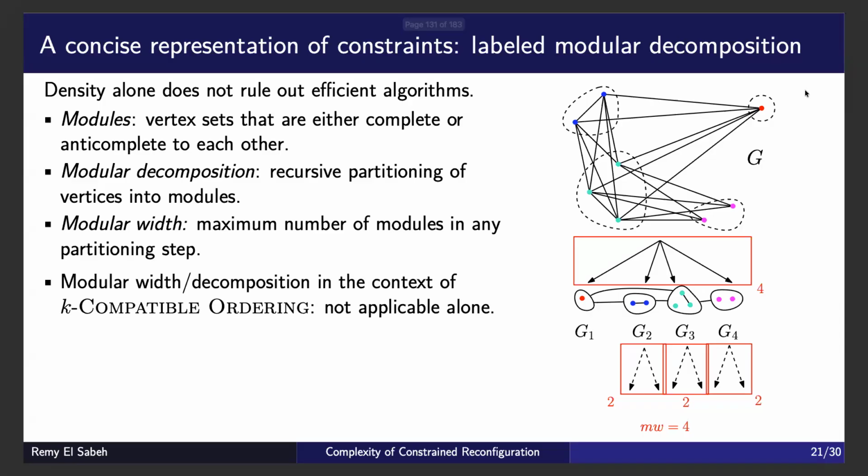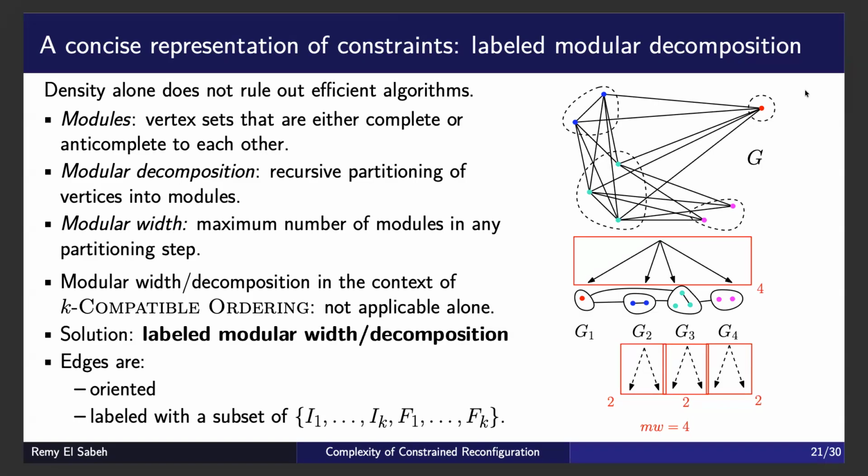So the idea was to try to look at the union graph and say something concerning modular width or modular decomposition. The problem is we have a lot more information compared to just a non-directed graph. So we can't really just apply what we know about this stuff, which is typically used in the context of parameterized algorithms, directly in our case. So the idea was to